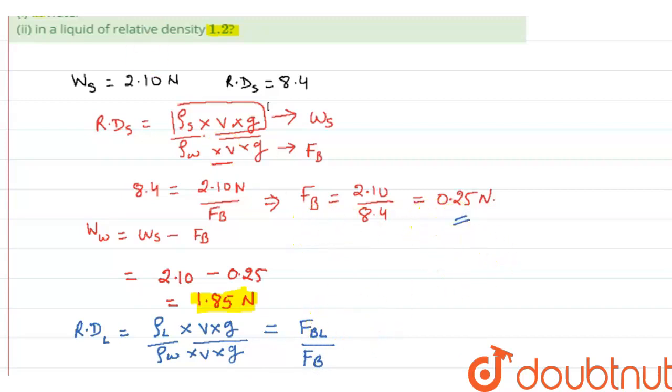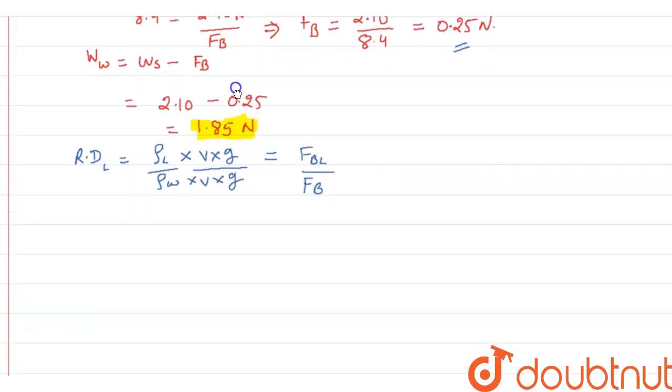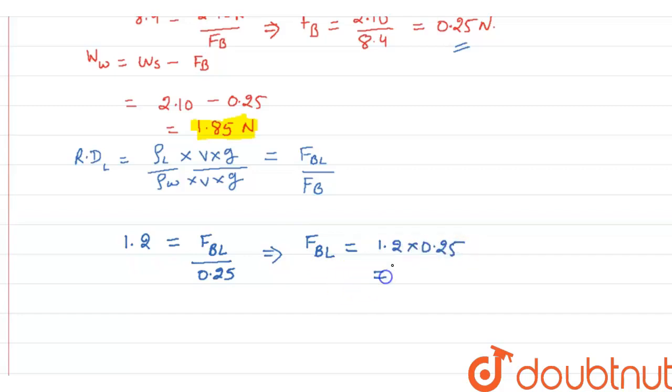So from here we can calculate our value. The relative density of the liquid is given, that is 1.2, and we can calculate the buoyancy force for the liquid, and we know the buoyancy force of the solid in case of the water, that is 0.25. From here we can say the buoyancy force for the liquid is 1.2 into 0.25,